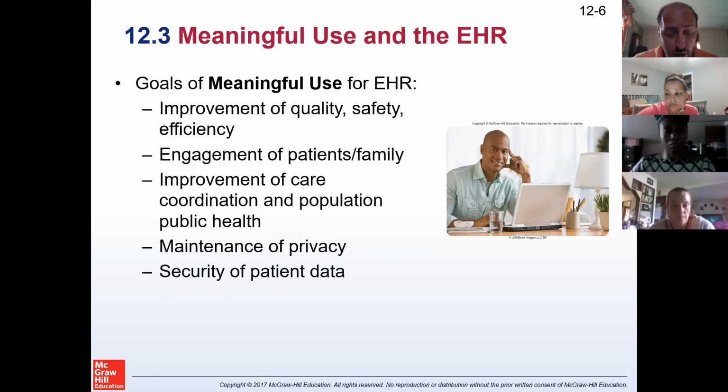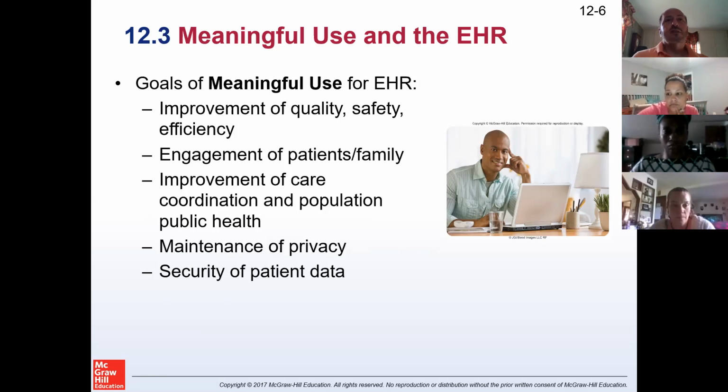The goal was that they wanted healthcare providers to become digitized and develop an electronic health record. They had to incentivize everybody because not everybody had the money to do this. So they said, if you are willing to do this, we will give you, for every provider or every doctor you have, that's a full FTE, meaning a full-time provider, 40 hours a week,